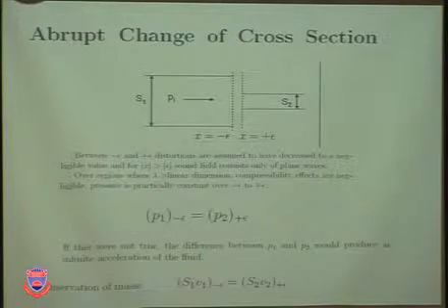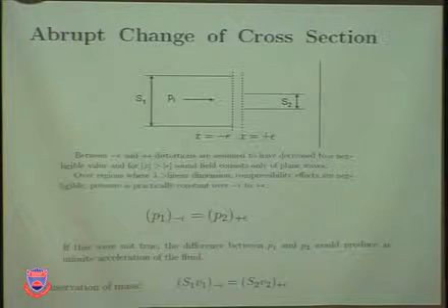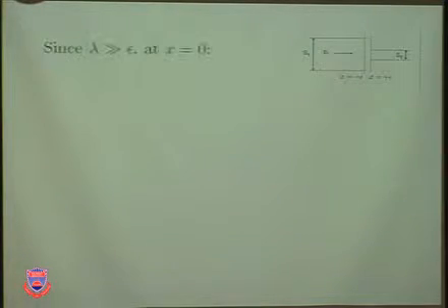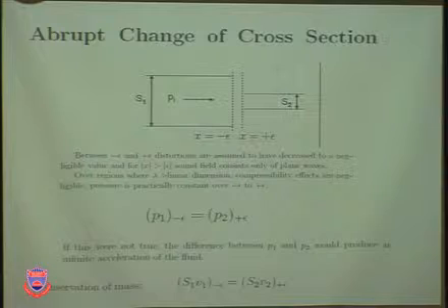This is where the abrupt change of cross-sectional area comes into play. So for wavelengths larger than epsilon, that essentially,